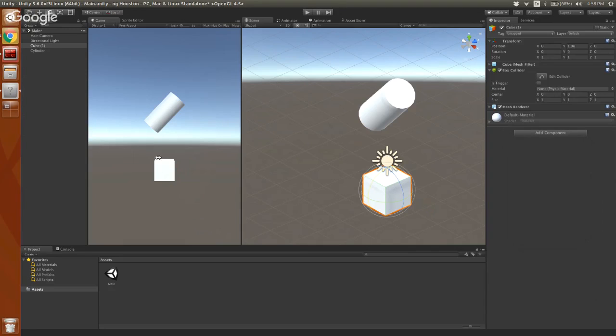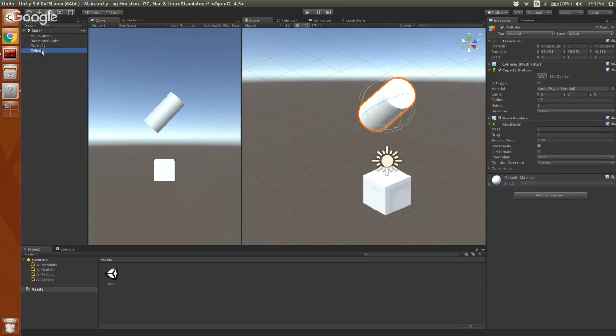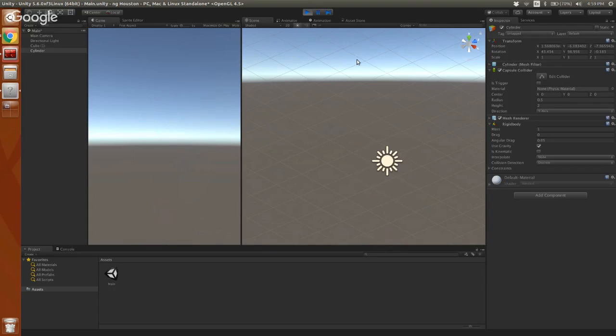So for example, I have this bottom cube, right? I don't want a rigid body on that. Because if I put a rigid body on my bottom cube, we will see, if I have one on my bottom cube and on my cylinder, it's kind of going to break my demo because they just both go away.